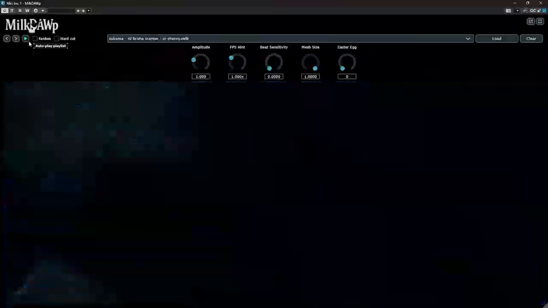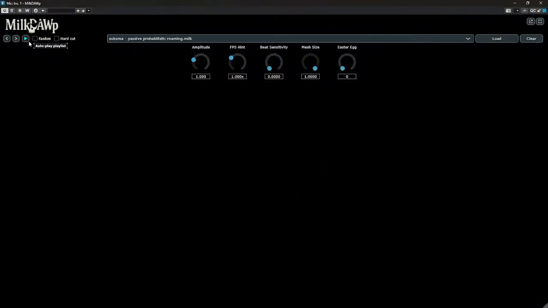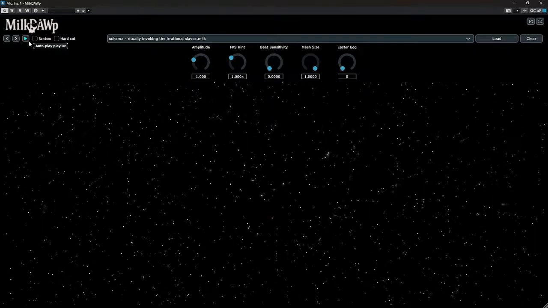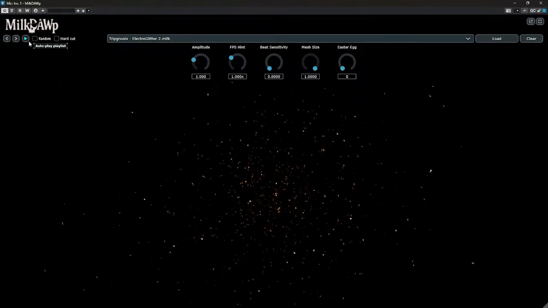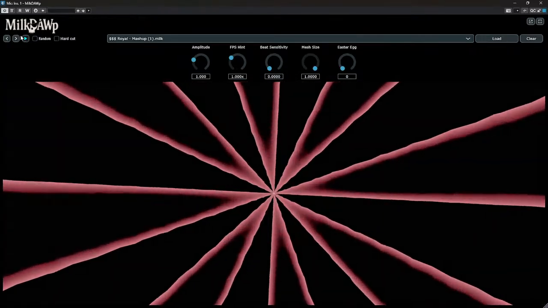The other option is that it will only stay on a certain preset for a set amount of time, and I think I've currently got that set for 20 seconds. So if after 20 seconds there hasn't been any significant musical events, it can actually move on to the very next one. And if you don't want it to go in sequential order, you can always pick this random option here,